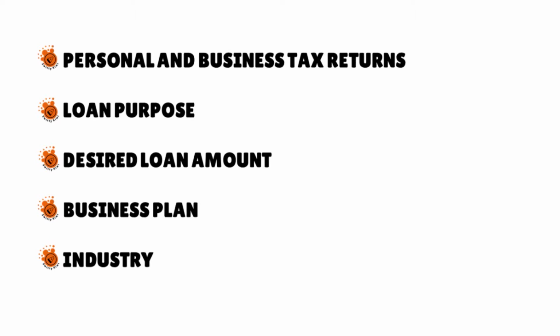Clearly, they want to understand the loan purpose. Are you trying to expand your business? Are you trying to use the loan for working capital? Are you trying to pay a supplier? Are you trying to pay a significant supplier? Is your business cyclical? Are you in a seasonal trend right now and you need some cash to sort of